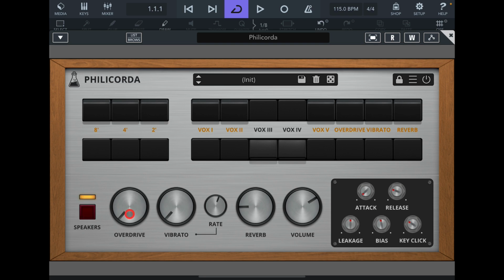Bit of overdrive, so adding a bit of grit in there. That's a spring reverb, so...